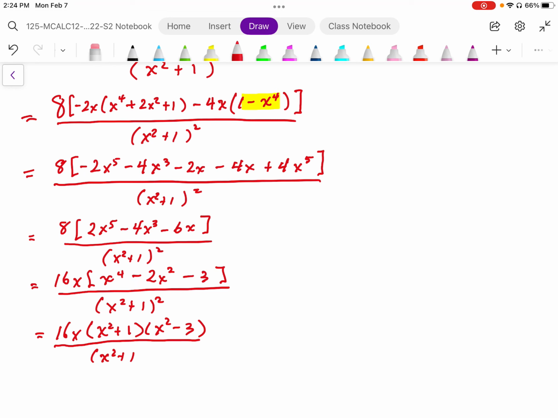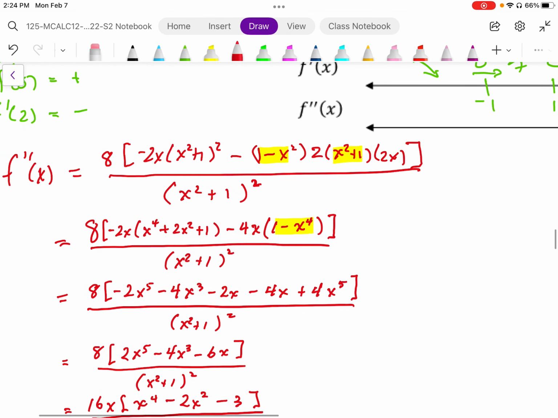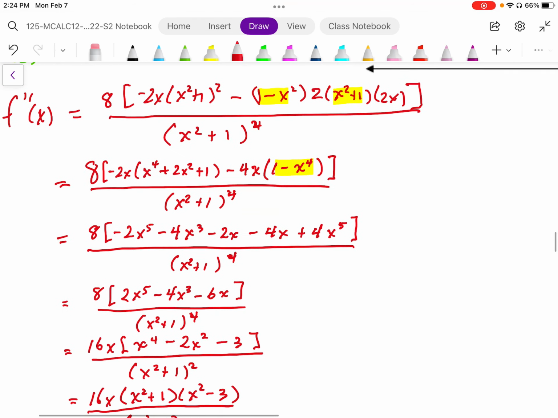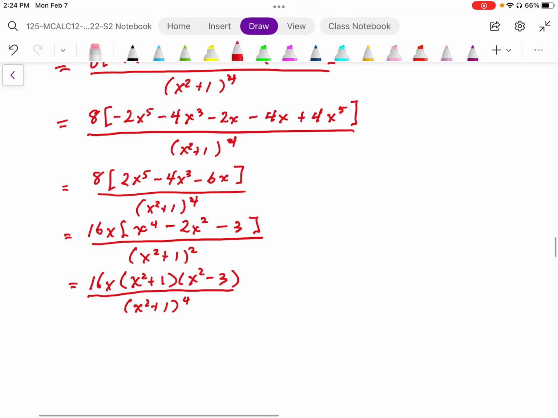Okay, so that factors into two numbers that multiply to negative 3, add to negative 2. And I made a mistake over here because this should be power 4. I need to square the denominator here, so that ends up being power 4. So we have some things canceling out here. So we end up with 16x,